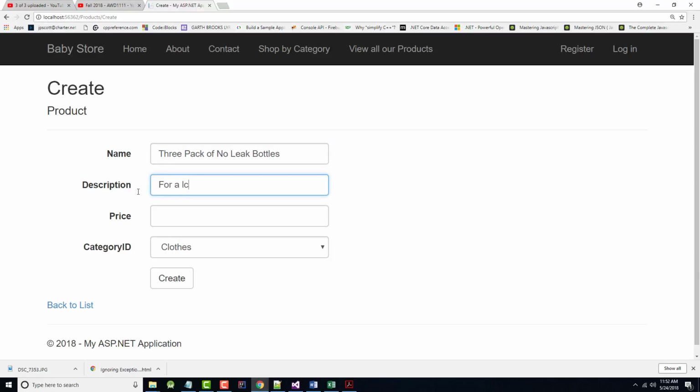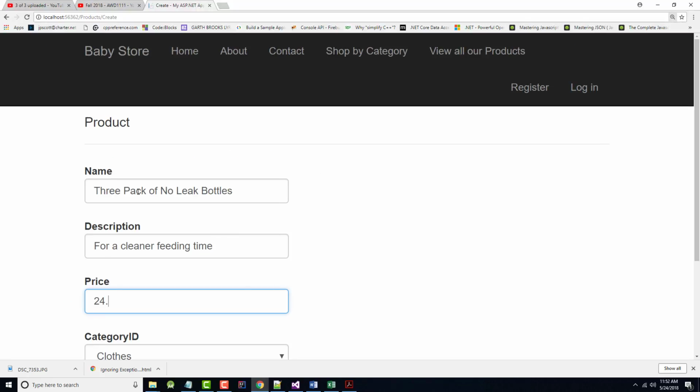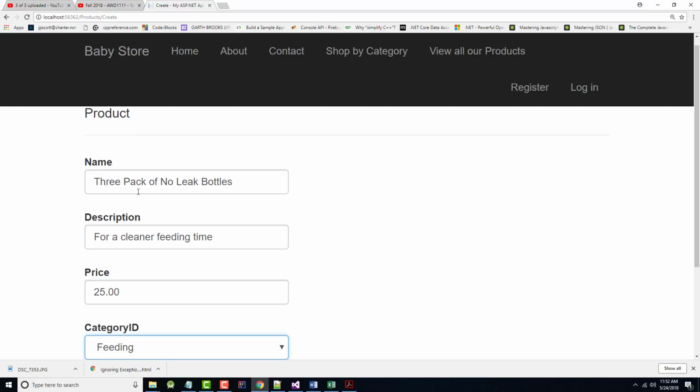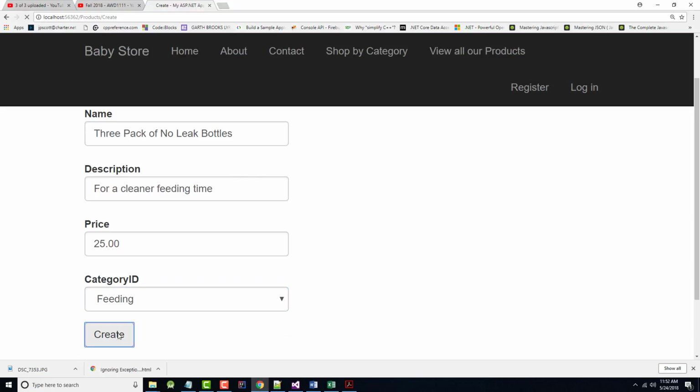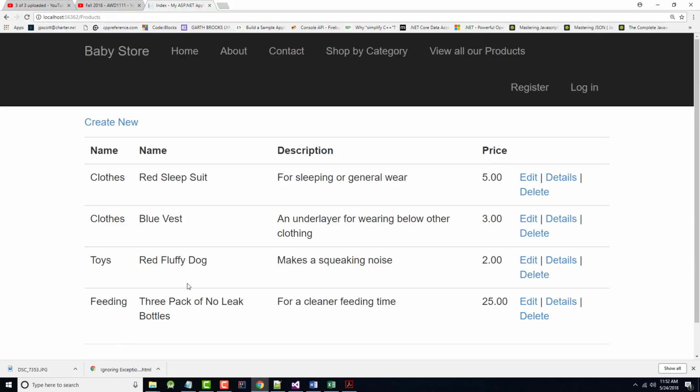For a cleaner feeding time. That's $25. And that's under feeding. All right, so we now have our stuff in here, and you'll already see a possible